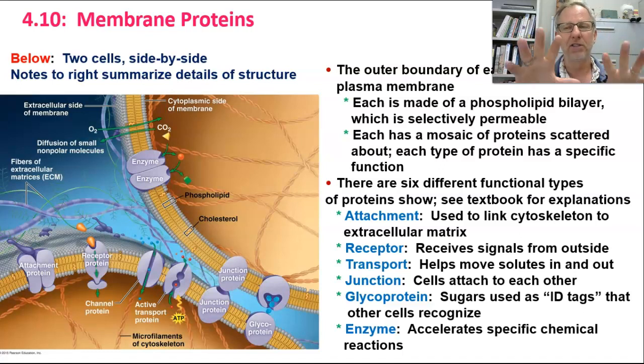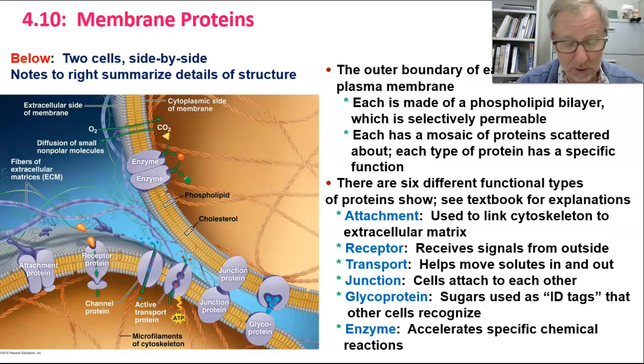So here we're taking a step back and going, hey, let's take a look at this world, this universe where two cells are right next to each other, side by side, two animal cells. And what's going on in the membranes of these two cells, especially? What's going on in the membranes? So, of course, the outer membrane, the outer boundary of each cell is the plasma membrane. So you can see that in this figure. There's a plasma membrane for each cell. Each one is made of the phospholipid bilayer,